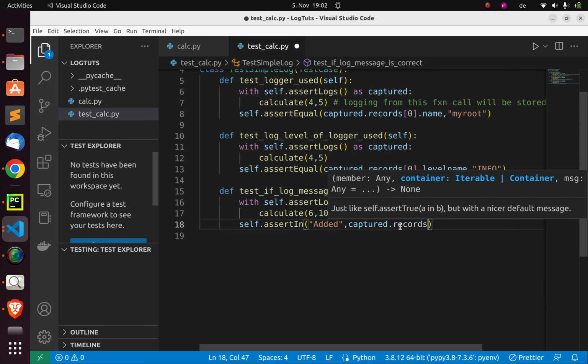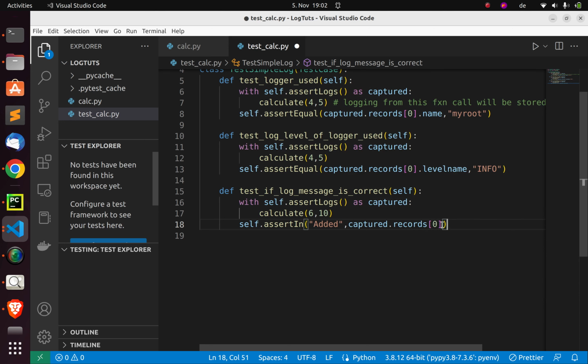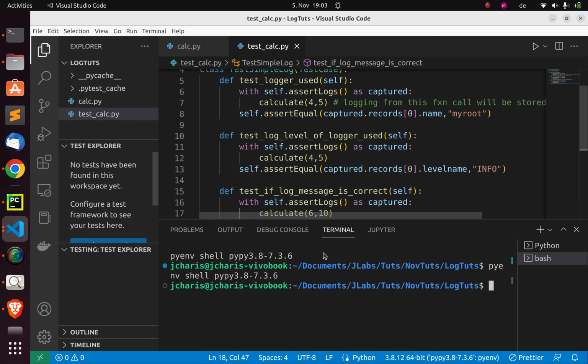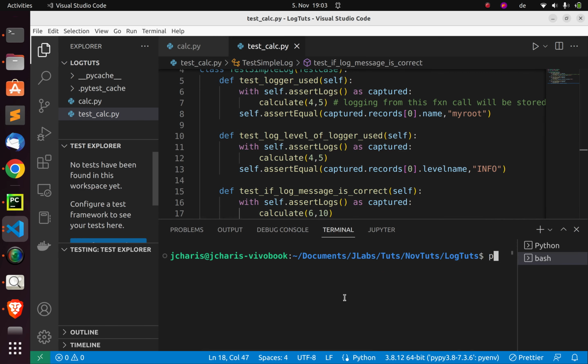captured.records[0], right? So 0 means that it's going to pick the first one. If I go with this option, it's going to fail. So let's check it out. If I come back here to my terminal, I go with pytest -v